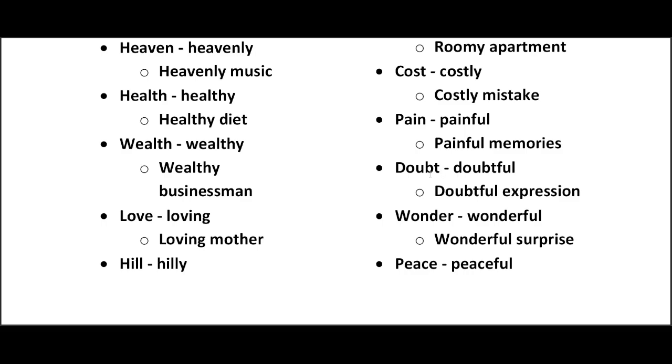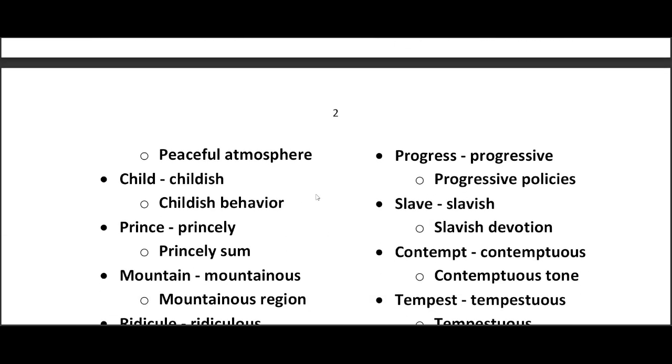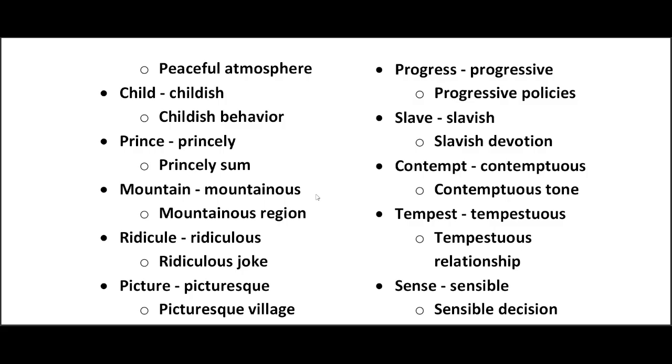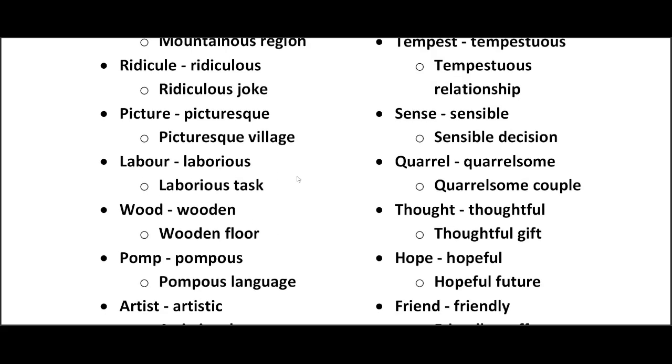Painful, painful memories, doubtful, doubtful expression, wonderful, wonderful surprise, peaceful, a peaceful atmosphere, childish behavior, prince, princely, a princely sum, that is a generous sum, mountainous region, ridicule, a ridiculous joke, picture, picturesque, a picturesque village, labor, laborious task, wooden floor,